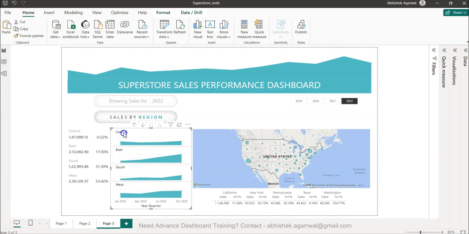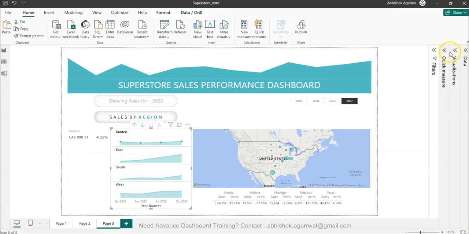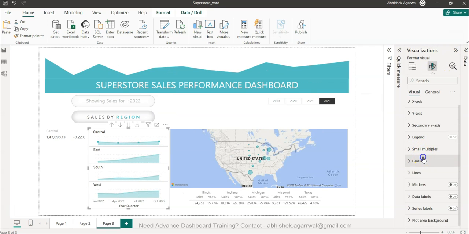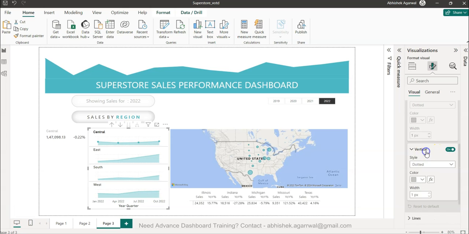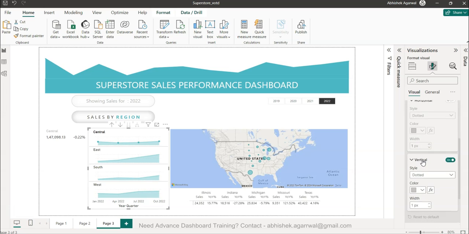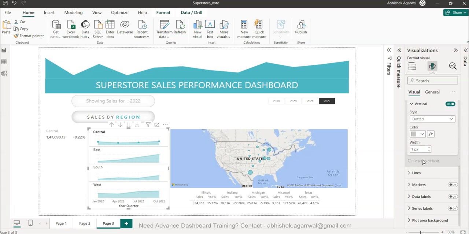We don't need the central, east, west, right? So what we do is we come over here in visualization, and over here in the grid lines, sorry, not the grid lines but the small multiples. We have vertical,